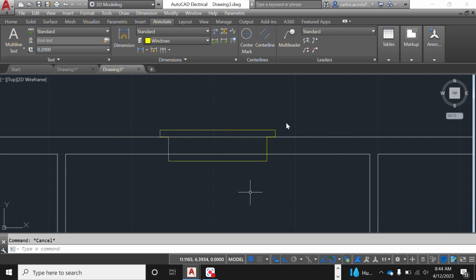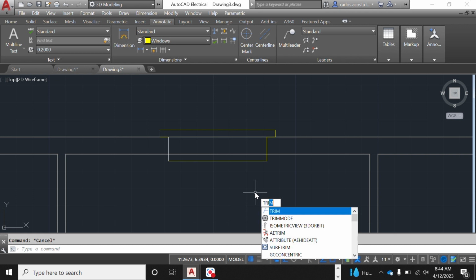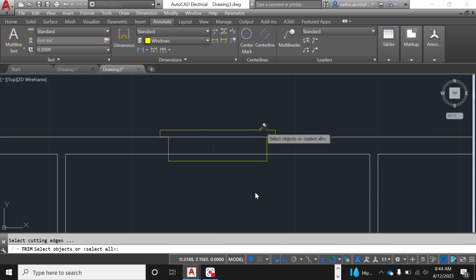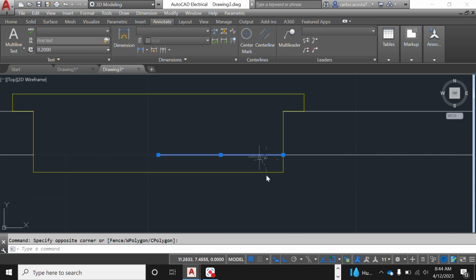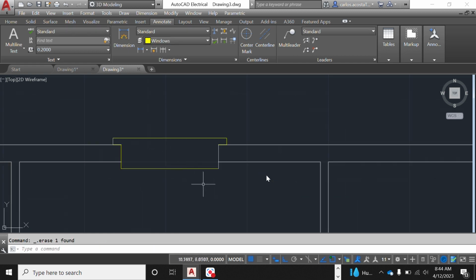Alright, so that's going to be my window. So what I'm going to do is a trim. Remember, if you want to trim two different layers, you should not have your lock on your layer. Okay, and it seems like this one didn't take it. Delete. Alright,